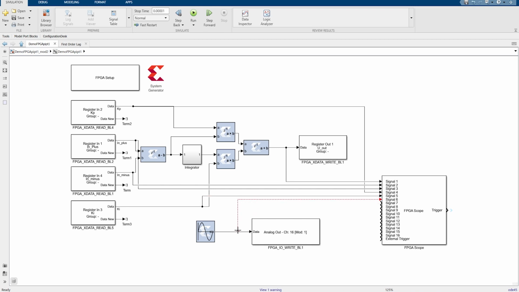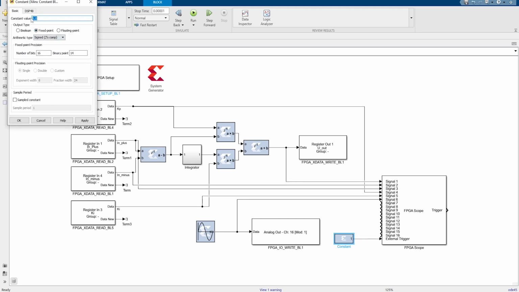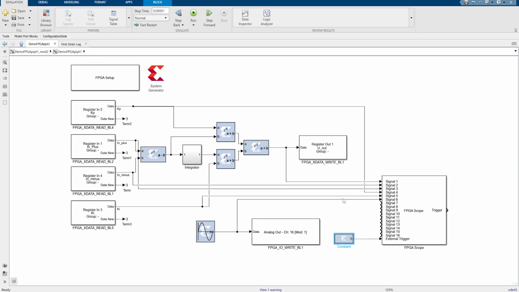Now, how can I make use of the scope? As you can see here, the scope allows a connection of various signals and an explicit trigger. You can simply connect the signals you would like to observe with a block. Within the FPGA model, you will only configure the depth of the scope, the rest can be changed at runtime.